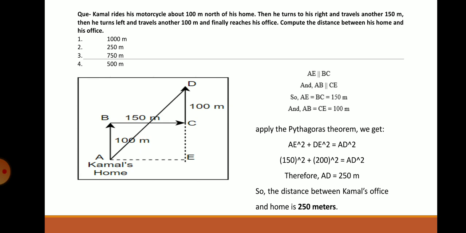So this is the third type of problem on direction and distance sense. We have seen the initial concept of the direction and distance chapter, and we have seen the three types of problems on this chapter, which are very simple. One more type of problem remains, a problem based on the sun, that we will cover in the next video, and a few extra problems also we will cover in the next video.